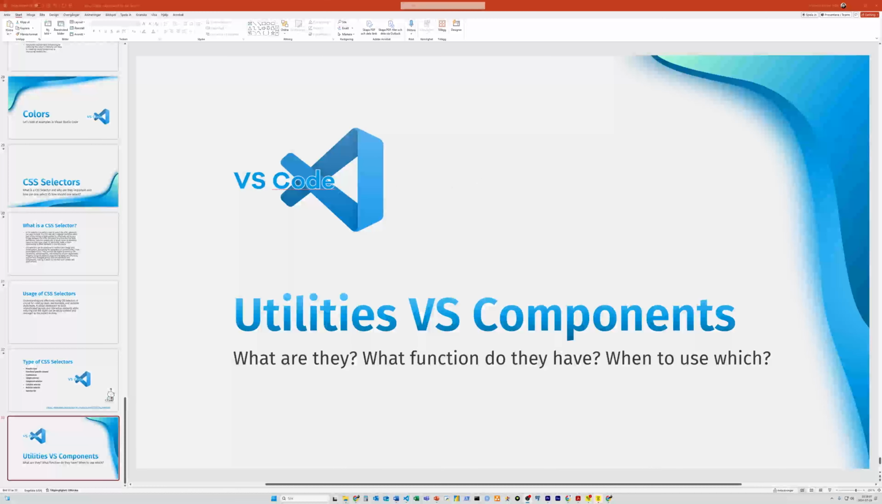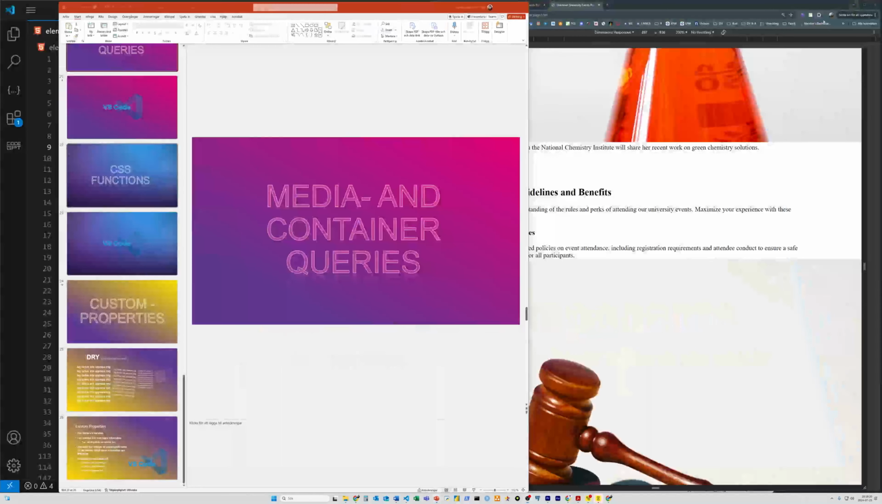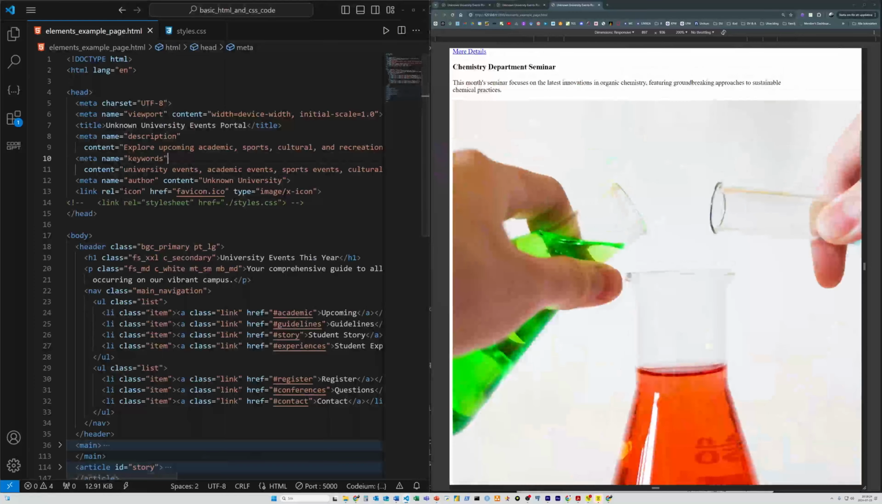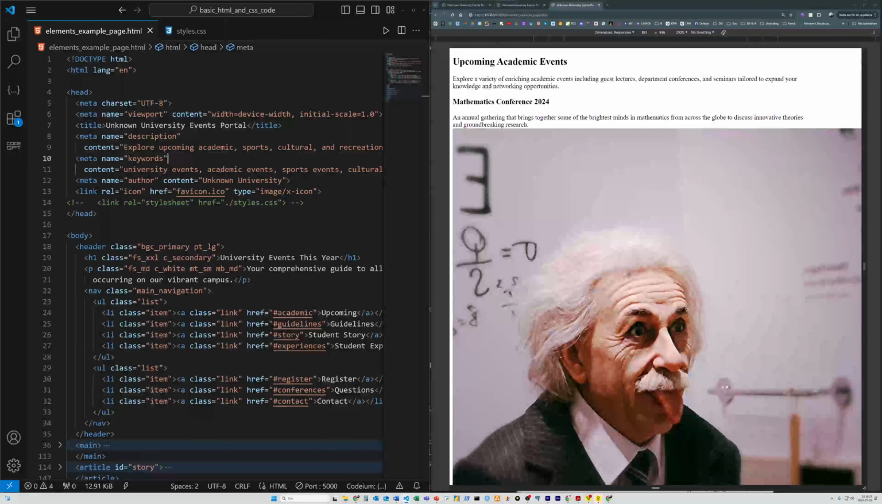In this very last part of the basic CSS lecture, we are going to look into utilities versus components. But to do that, I'll just head over to Visual Studio Code, go back to the example we've seen previously. I have reconfigured the windows slightly so you can see that there are,